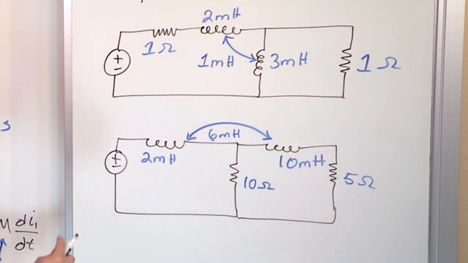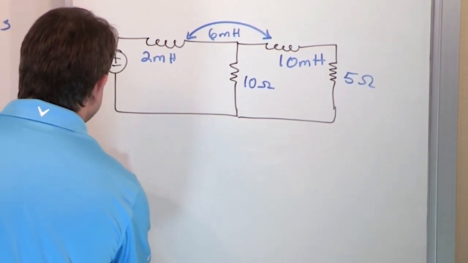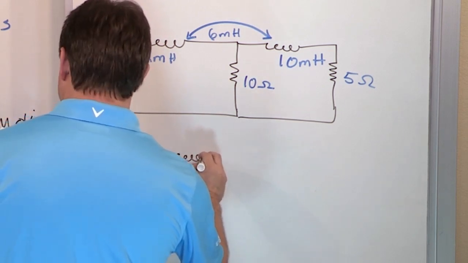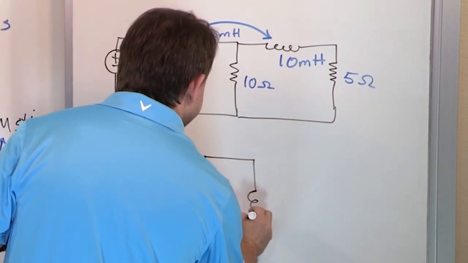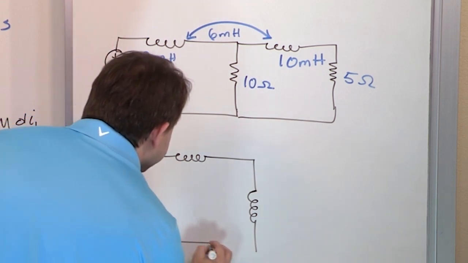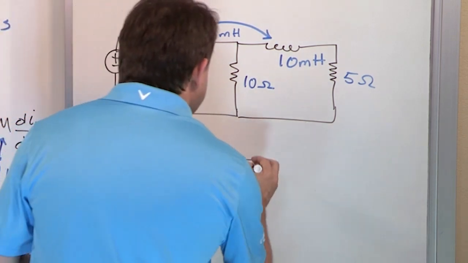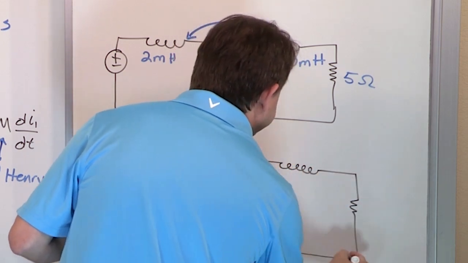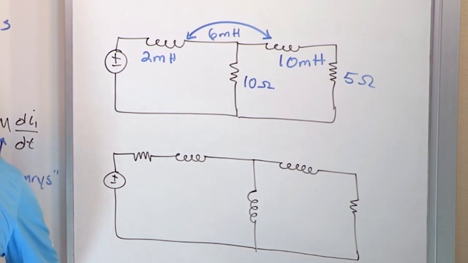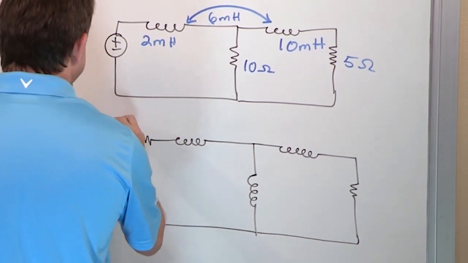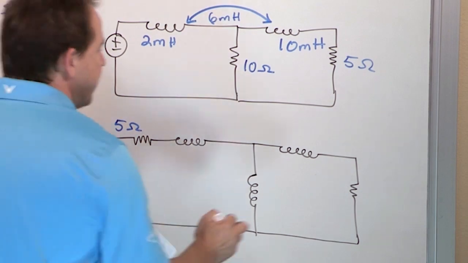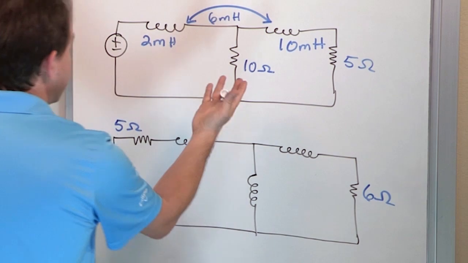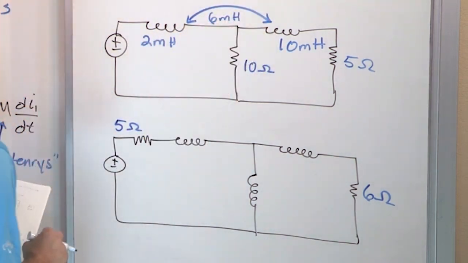And then I'll just show you one more really quickly, just because I find it kind of interesting, but we'll just do it like this. Let's say you have a resistor, you have an inductor, you have another inductor in this kind of node, or this kind of mesh down here. And let's say you have another guy here and a resistor over here. This is kind of a crazy example, but let's just say you had 5 ohms for that resistor, you had 6 ohms for this guy, and we said, now notice that all of these inductances, we wrote them down in